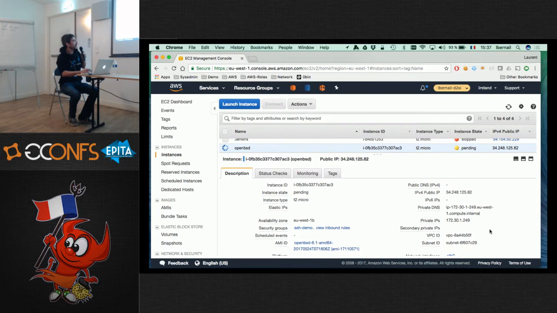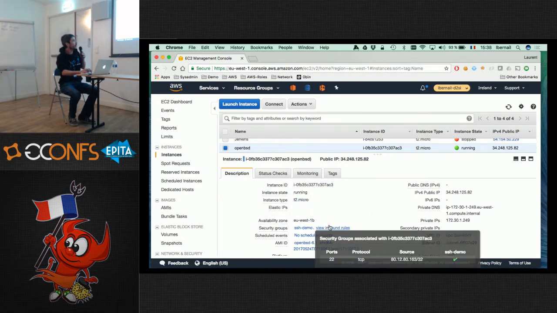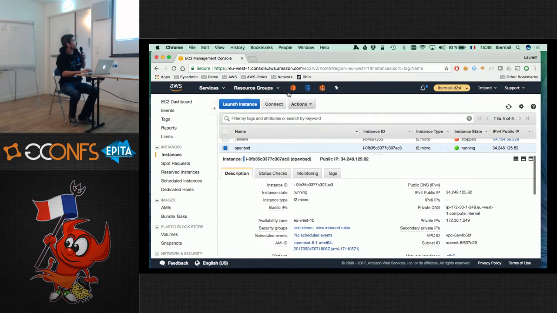As you can see, we have several pieces of information on the machine. It's been given a public IP address I can connect to. It also has a private IP address, because what AWS does is all machines only have private IPs. But if machines are in a public subnet, they have a one-to-one NAT mapping with the public IP address. So we will be able to connect using this address. And then you have other things like instance type. I chose a very small one. We don't need any more. And you also have the security group, which is the one I just created to allow only connections from the Wi-Fi IP address and on port 22. So let's try and connect to it.